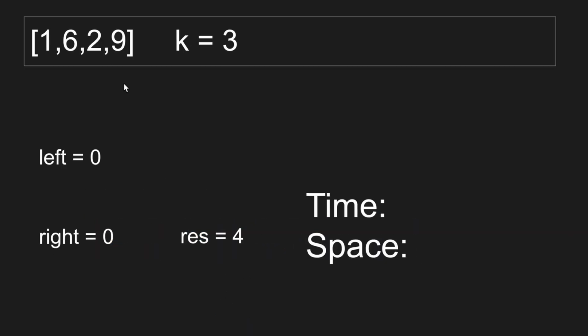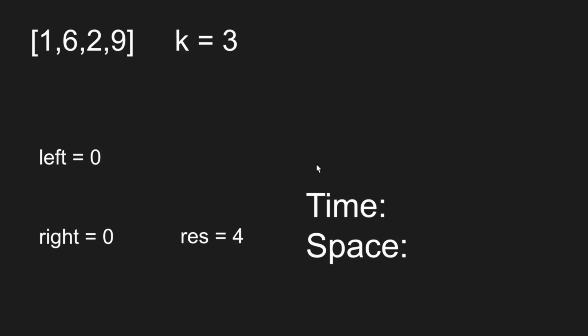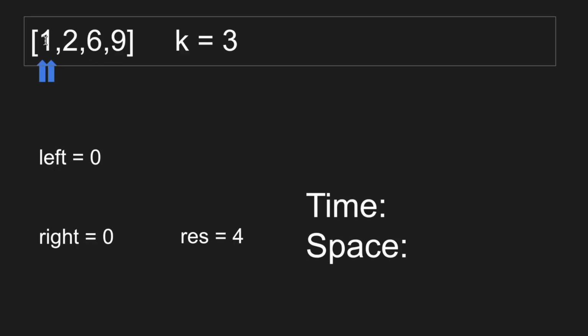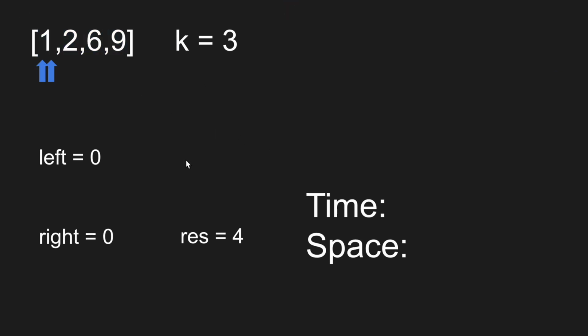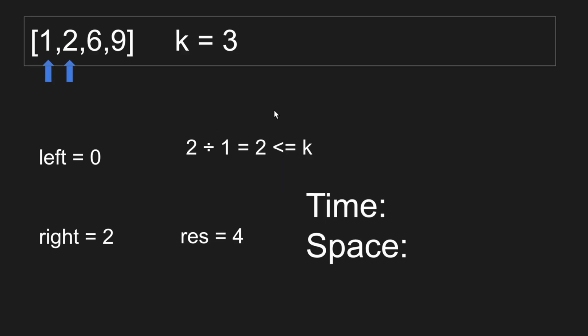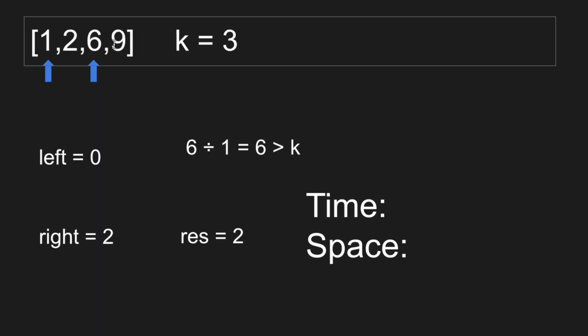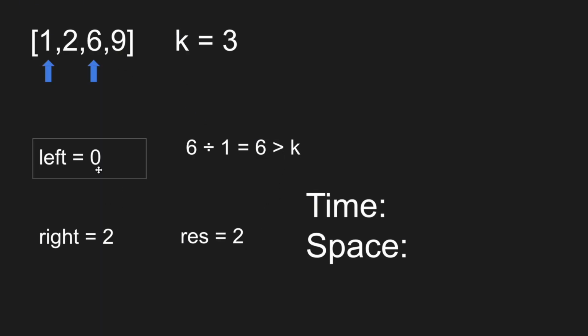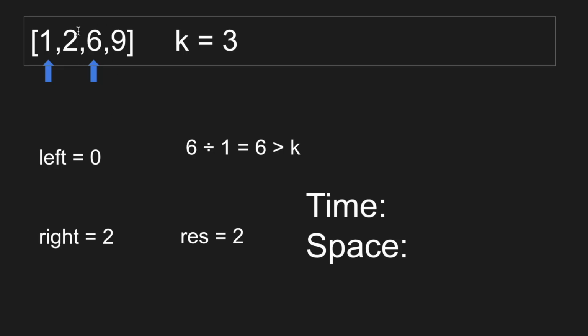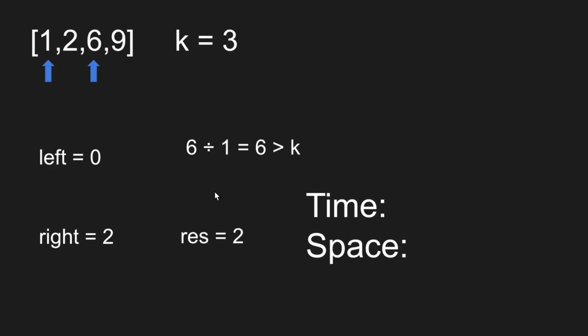So let's go over this example real quick. First, we need to sort the array, and we will initialize the result to 4 because that is the length of the array. There will never be more than 4 removals because there's only 4 elements in the array. So left and right start at 0. 1 divided by 1 is less than k, so we shift the right pointer. 2 is less than k, shift right pointer again. Now it is greater than k, so we will take the length of array minus right minus left. 2 minus 0 is 2, and 4 minus 2 is 2, so we can update result to 2, and we'll